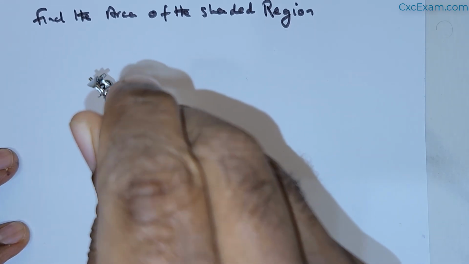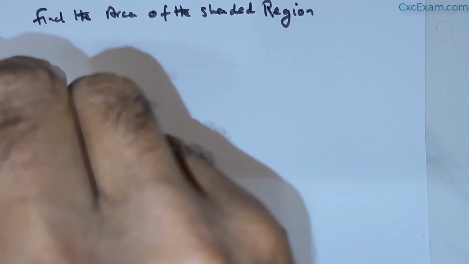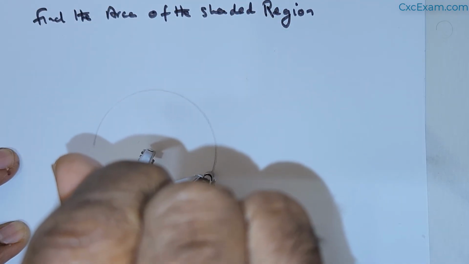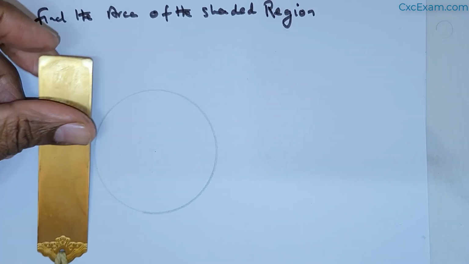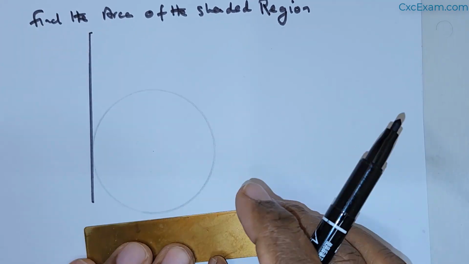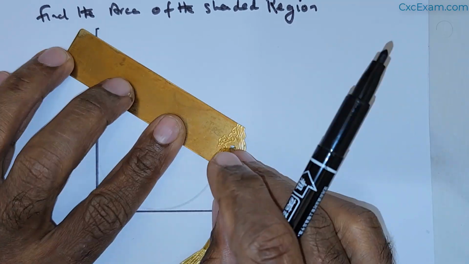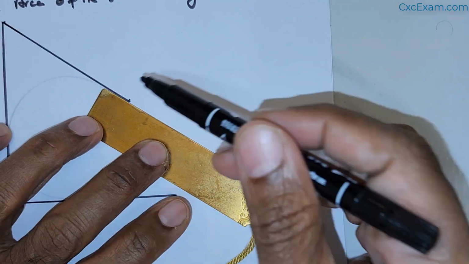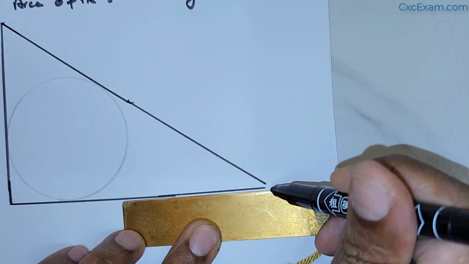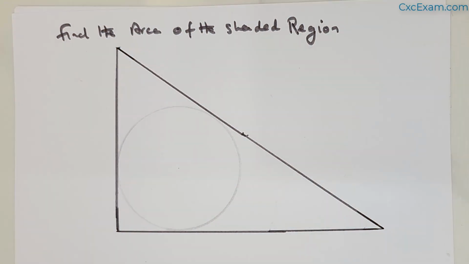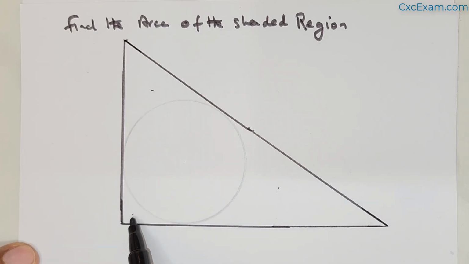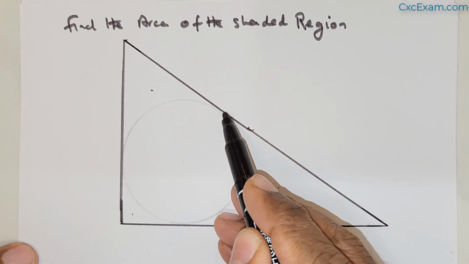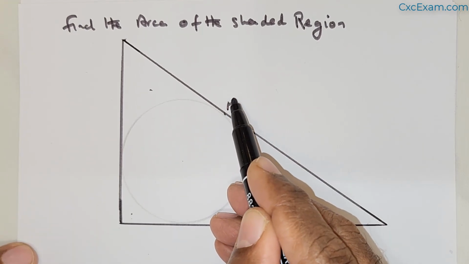We expected to find the shaded region. Now, these are the shaded regions, right? We need to get the area of these regions. Now, there is a point of tangency at P,